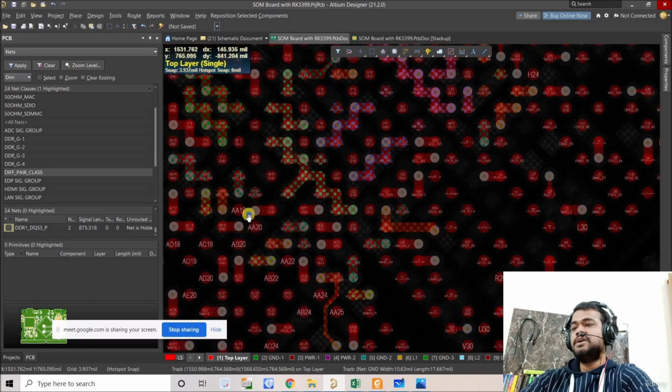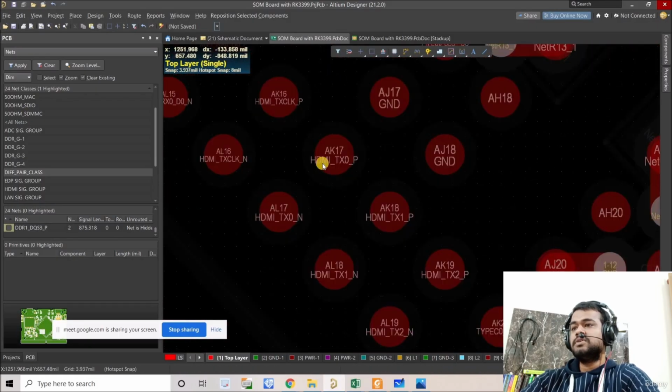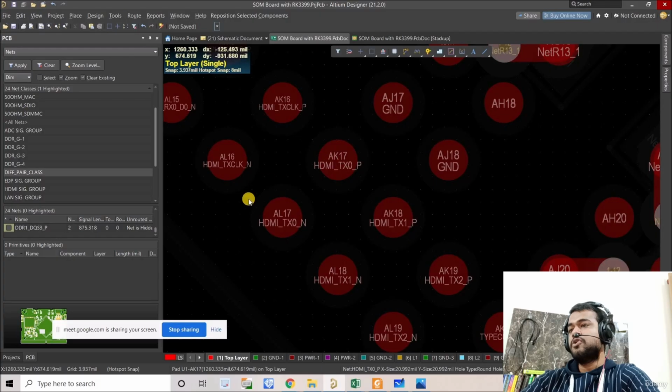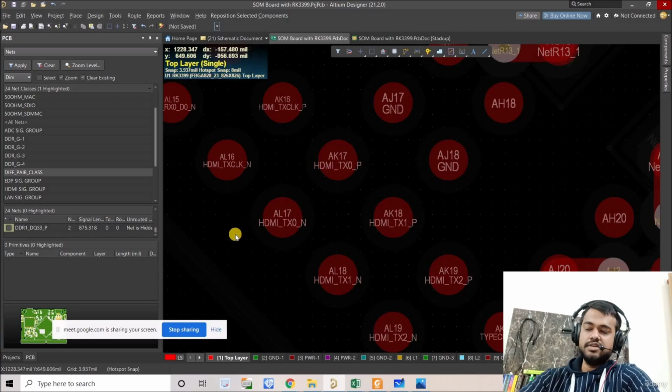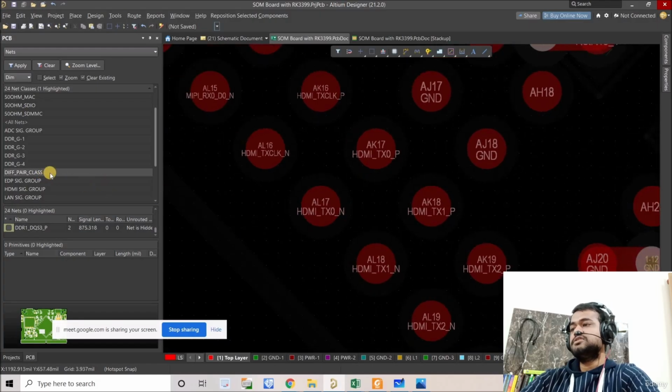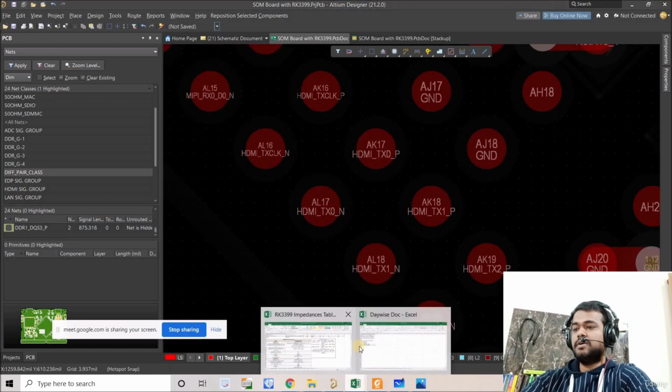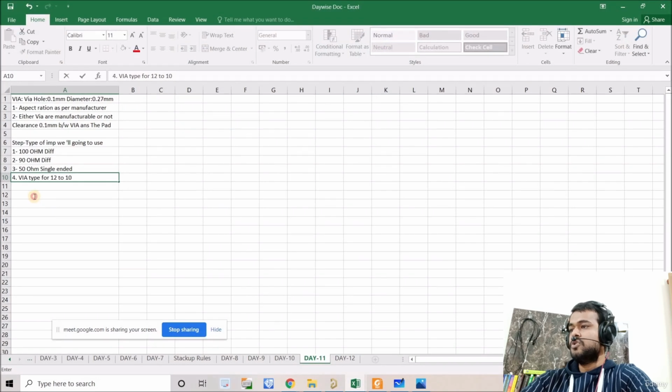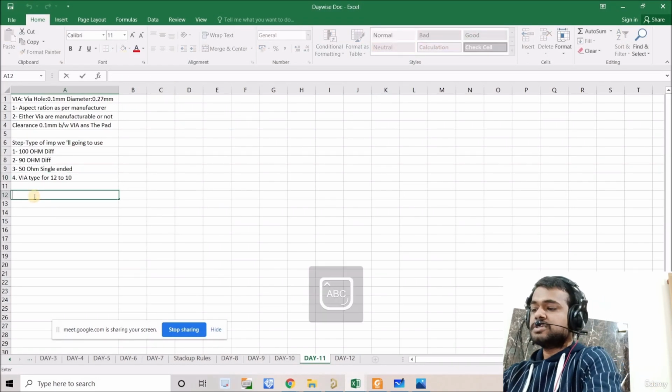EDPs, all the MIPI connections, right? So see, these are the N and P. So you have to cross this like that, right? And then you can place the vias, right, for the layer change. So to cross that, you have to just apply this net class, okay, on the differential track. So for the assignment,